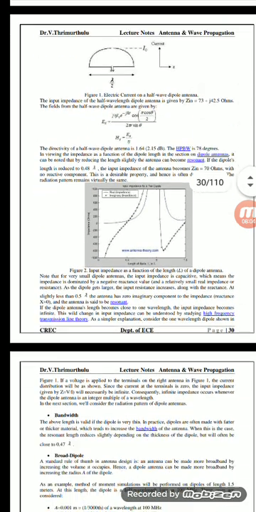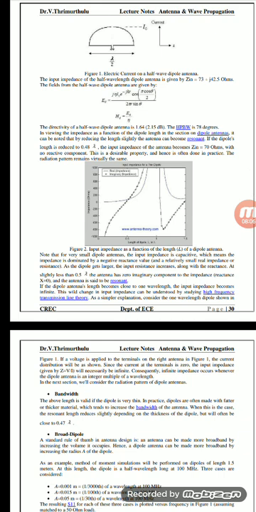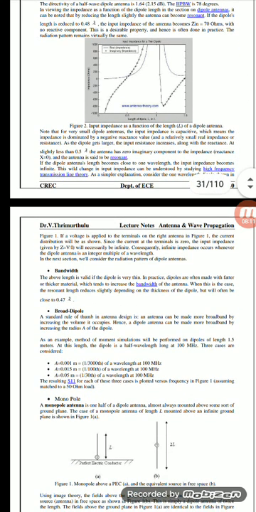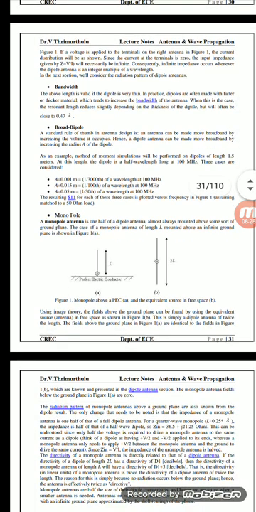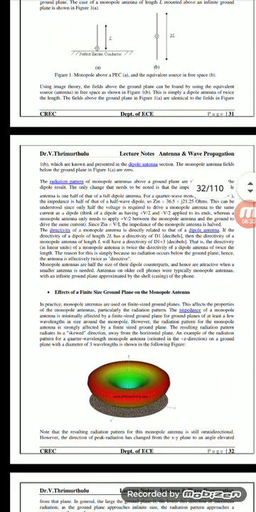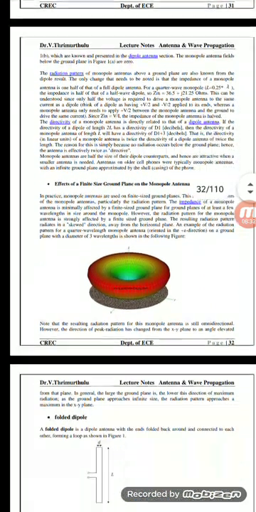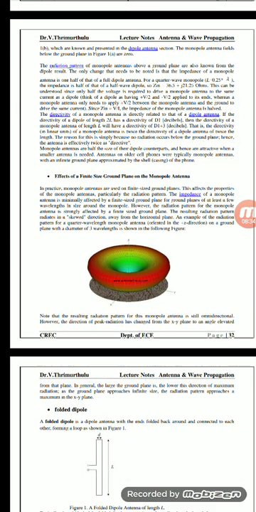Next one is the monopole. Monopole is again short. We are finding some bandwidth for the broadband dipole. These are the calculations of values. This is a monopole antenna. It depends on a perfect electric conductor ground plane, with lengths L and 2L. This is the positive to negative terminals. These are the types of antennas. Next, continue with the next topic.